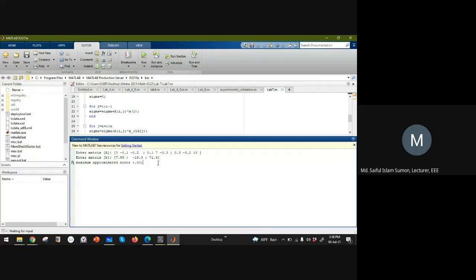Then matrix A and matrix B. Whenever I run the code, you can see the solution of the system is 3, -2.5 and 7. If you can remember, in the last lab we got the same solution. And there are the number of iterations that it